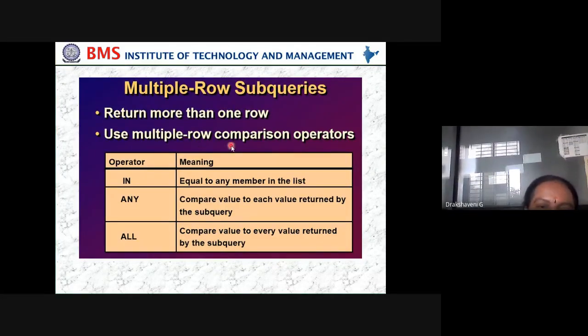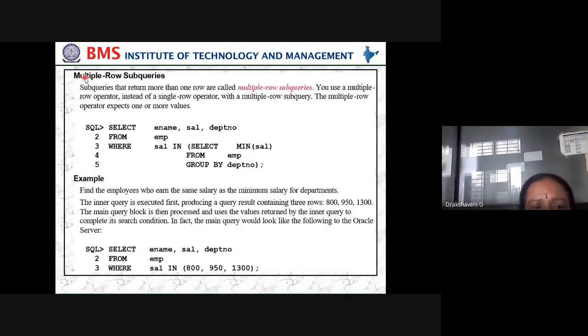So use multiple row comparison operators like in, any and all. In means equal to any member in the list. So I want to know the students who are all working in Bangalore, that is in. Any compares value to each value returned by the subquery. And all compares value to every value returned by the subquery. So how do we do this?